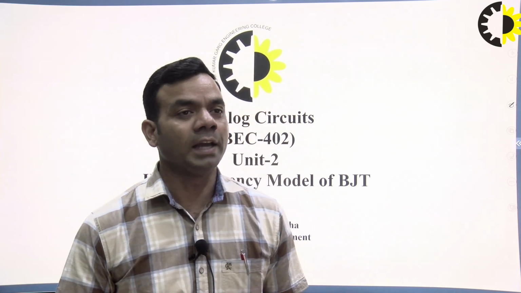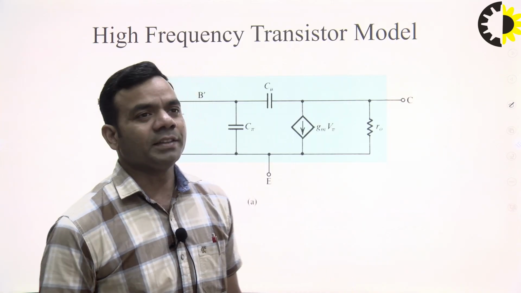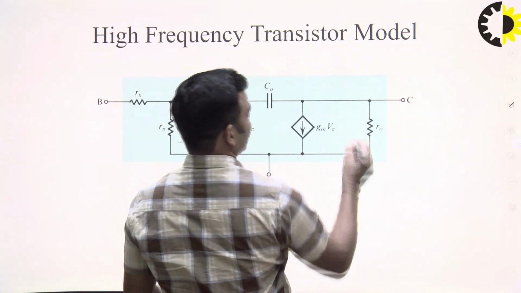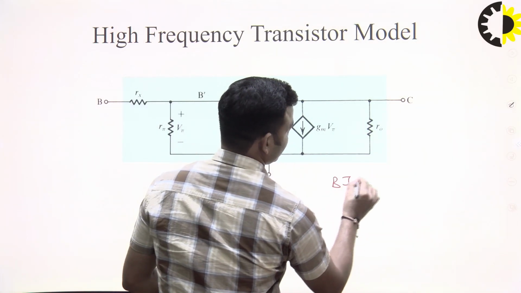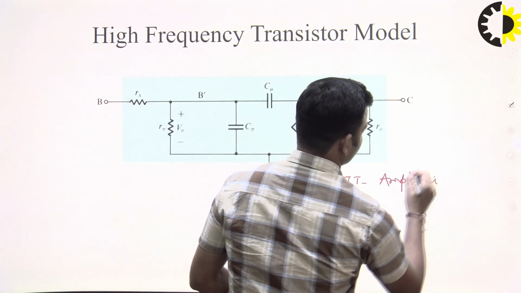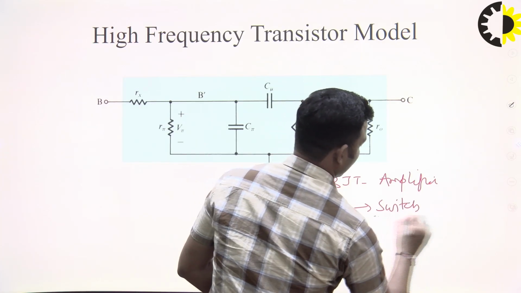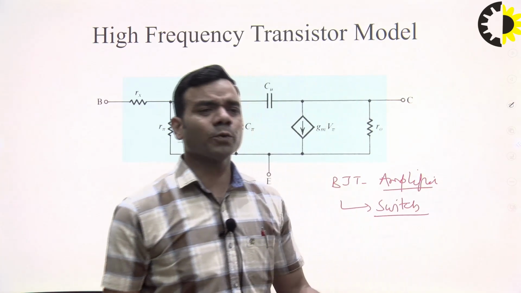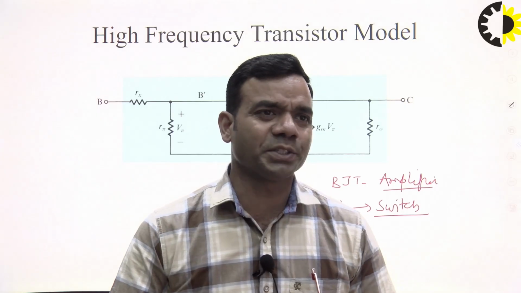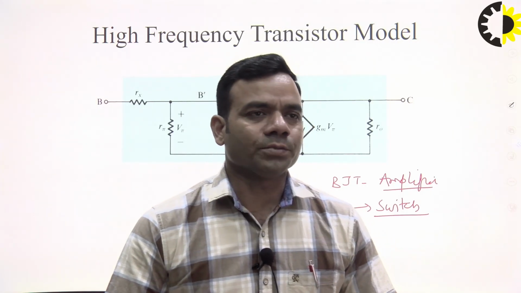Today I am going to discuss the high frequency model of BJT. As we all are aware, BJT is a bipolar junction transistor, and this device is used as an amplifier as well as a switch. If we use this device as a switch, it can work as either on or off, but